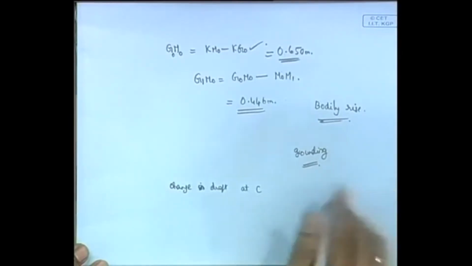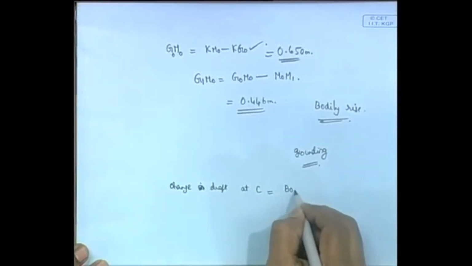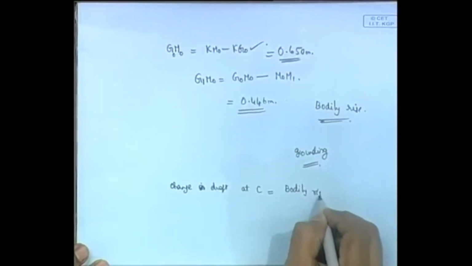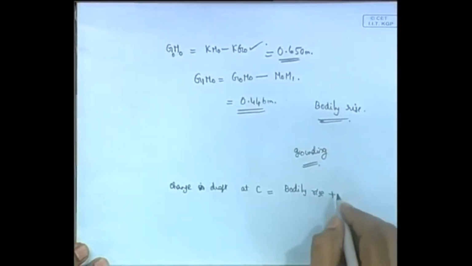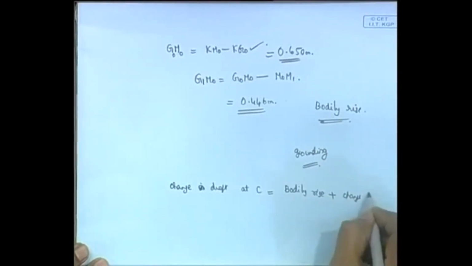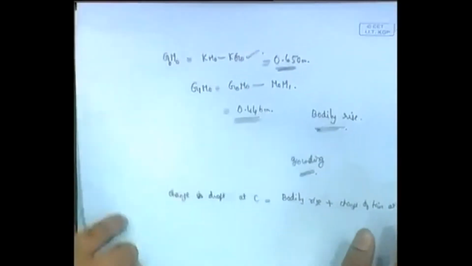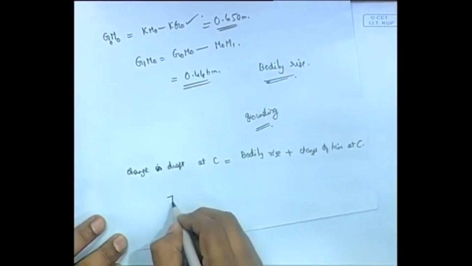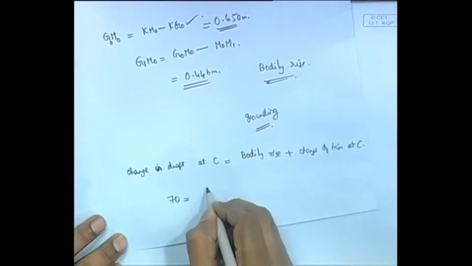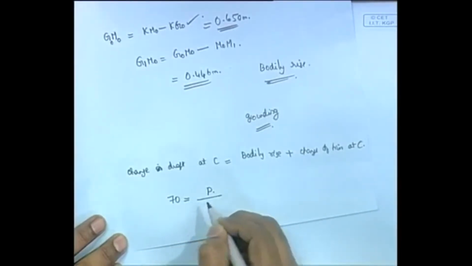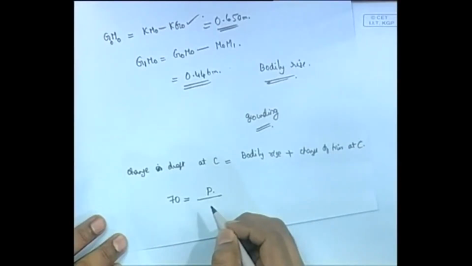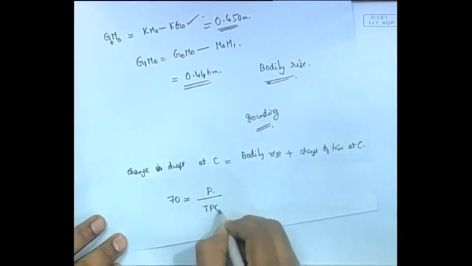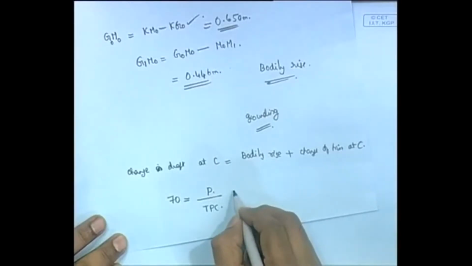The change in draft at sea is given by the formula bodily sinkage, bodily rise in this case, so this will be negative, plus change of trim at sea. Now, change of draft at sea is given in this problem 70 centimeter, that is equal to bodily rise, which will be given by P divided by, we do not know P here, means we do not know what is the reaction from the ground here. So, P by TPC, TPC is known for the ship, it is given from the problem, and